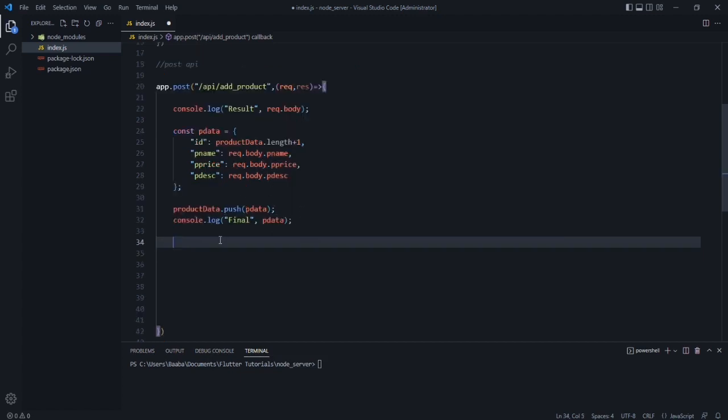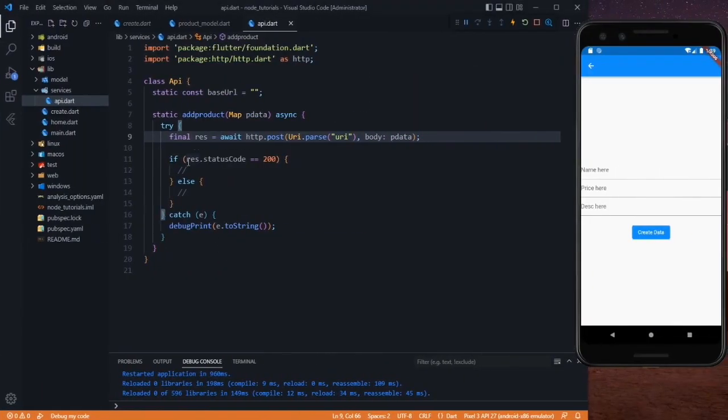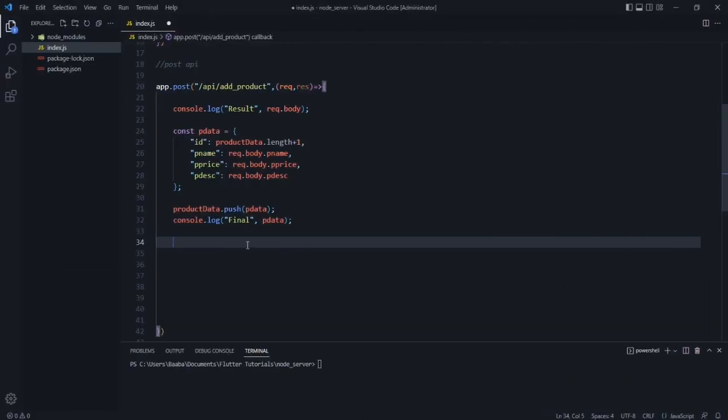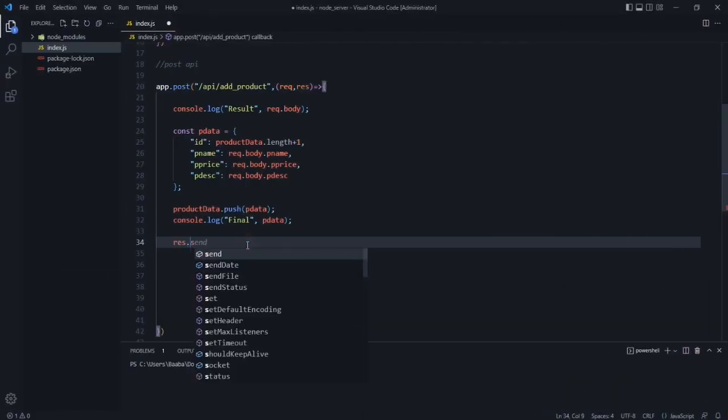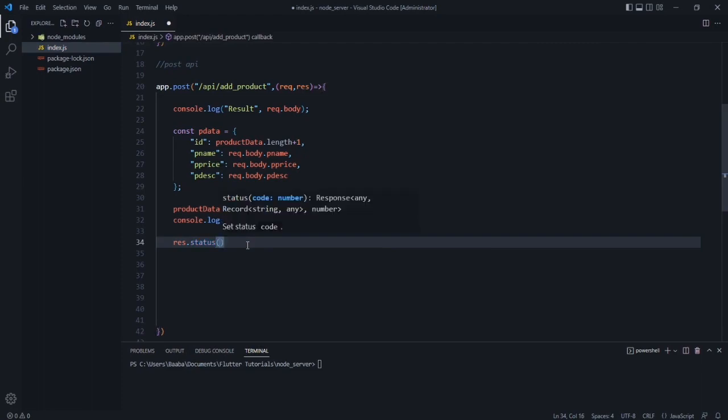So as you know that in our map, as you can see that response.status code is equal to 200, means we want to send a response back with the status code of 200 if everything is okay. So in here in our API we need to say response.status, and in here we need to pass 200, means everything is okay, and after that we need to send this status code back. So let's say .send, and in here we need to pass a map.